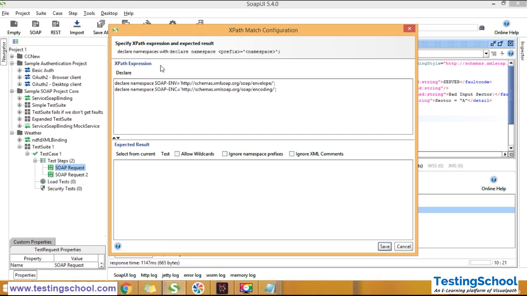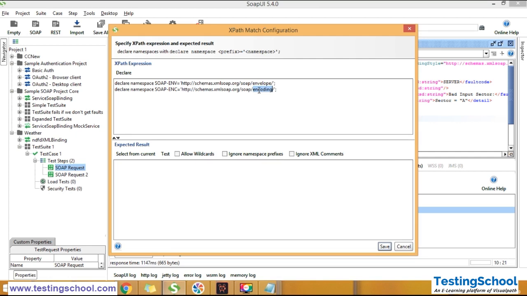So here, adding one more point: after clicking on the declare button, two namespaces will pop up, as we have two URIs. URI means Uniform Resource Identifier. Here you can see one is enveloping and another one is encoding. That means one is for the schema URL and another one is for the actual web service URL. We need to use the actual namespace where the web service is located, and not the schema namespace, while referring